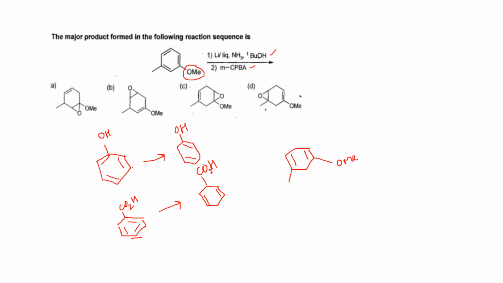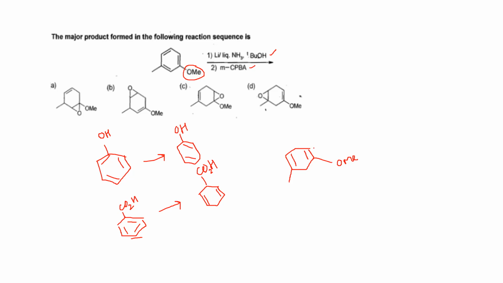If it is electron donating, the double bond should be in conjugation with that group. If it is electron withdrawing, then the double bond should not be in conjugation. So as the methyl and OMe both are electron donating, that's why I place the double bond in such a way that at least each double bond is conjugated with the electron donating